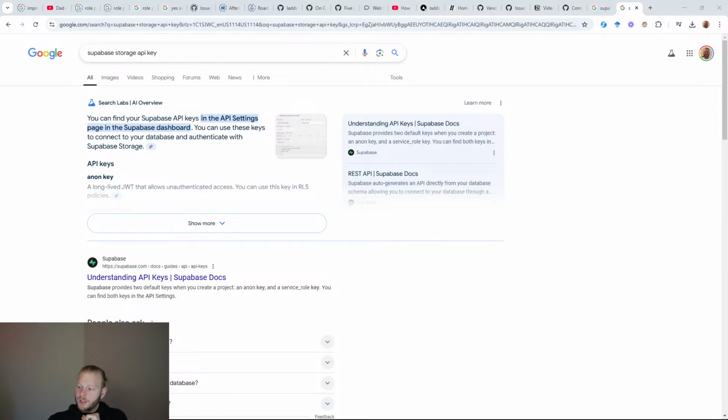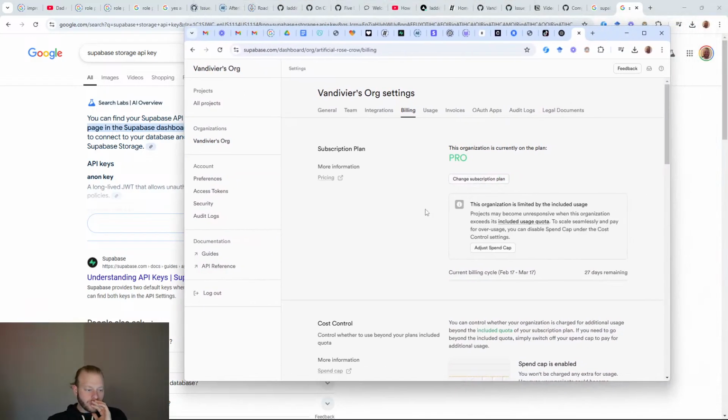Okay. Organization is limited by the included usage. I like that. Let me show you this. So now that I upgraded, it's the safety aspect. Now that I'm on Pro, the organization is limited by included usage. Projects may become unresponsive when organization exceeds the usage quota. This is good. It means I have a hard budget, so I don't have to worry about unexpected cost overrun,